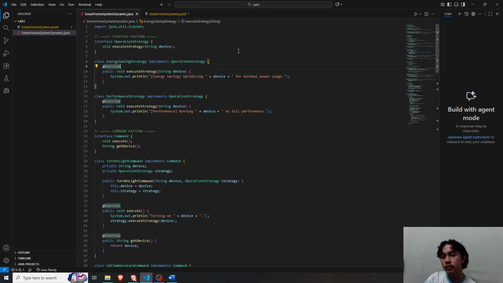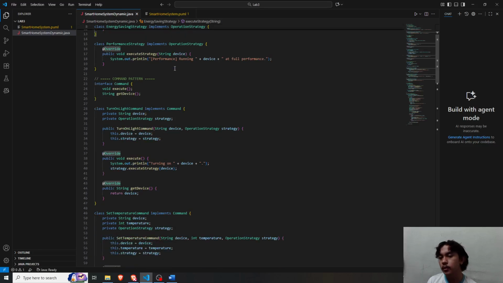So the user will choose whether to optimize the energy, or to optimize the quality, the performance. He has to choose either battery life or the performance quality. Okay, I'll wrap it up later.